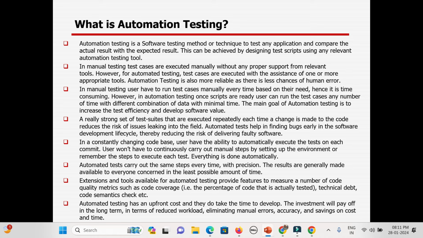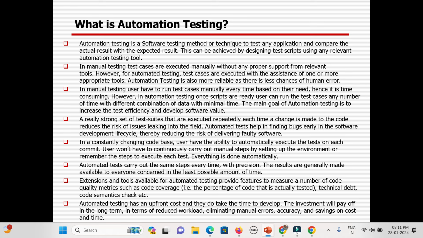But say you need to execute those 50 test cases 10 times. Manually you would require 5 into 10, 50 PD effort. But in automation, the one-time investment is that you need to develop the script, which is 10 PD, and for running the script you might require 10 into 1, 10 PD. So your total effort is 20, but manually it would be 50. Now you are saving 30 PD of effort.